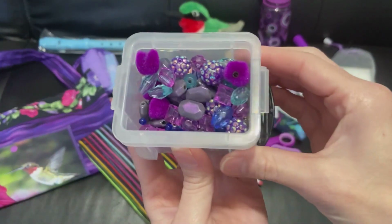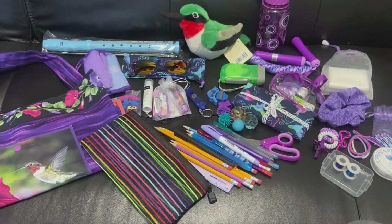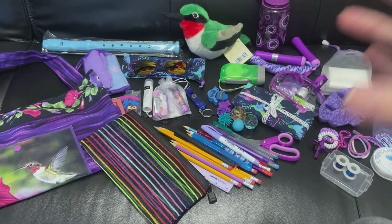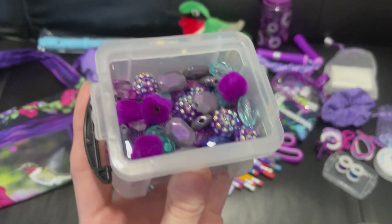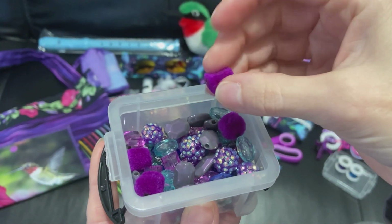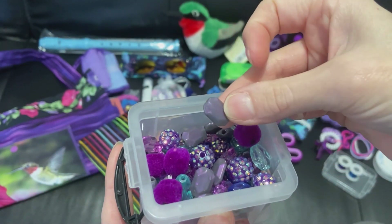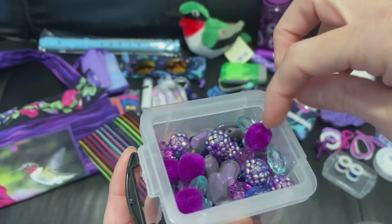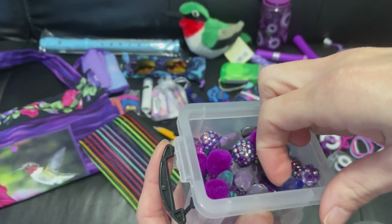And these are her beads, which are definitely a mix. I had 2 or 3 sets of these. I got them at Walmart, and they came in a little pillow type plastic box with an assortment. These are fuzzy. There was a purple set, which are really pretty, and then there was a blue set,